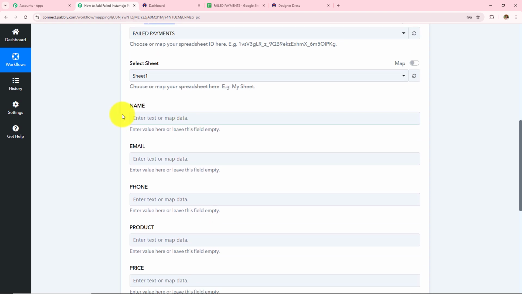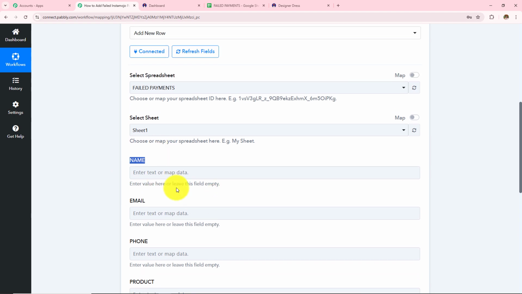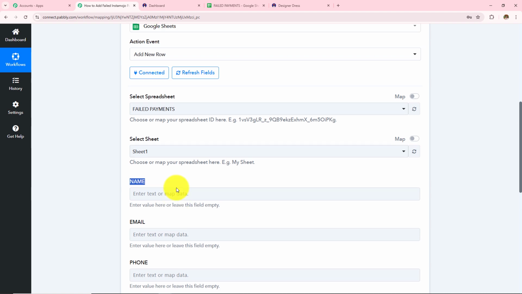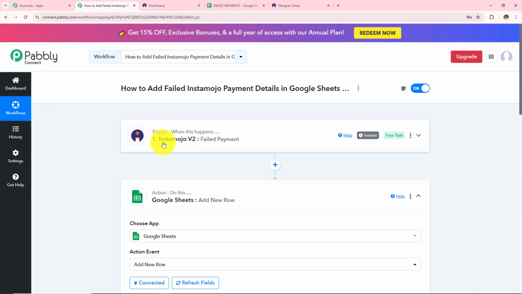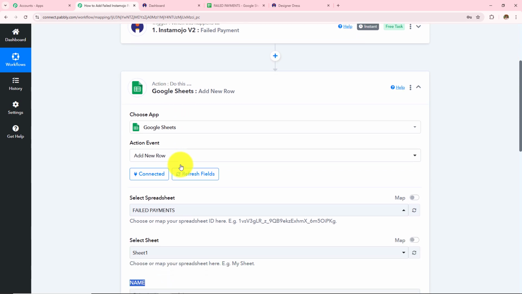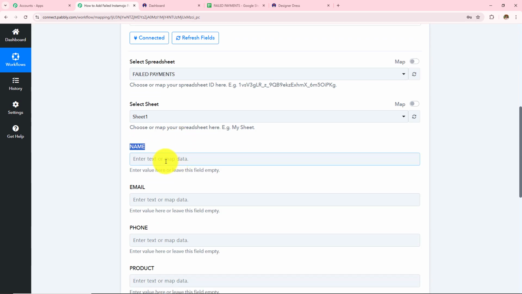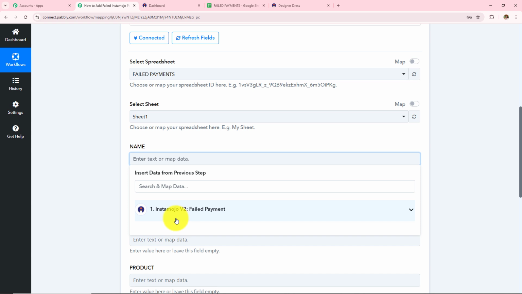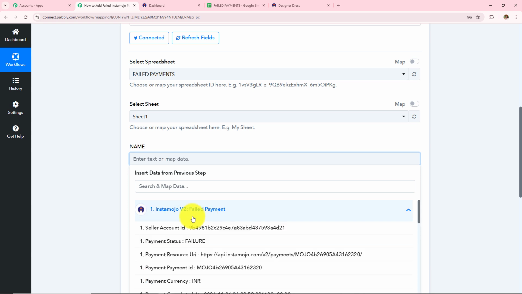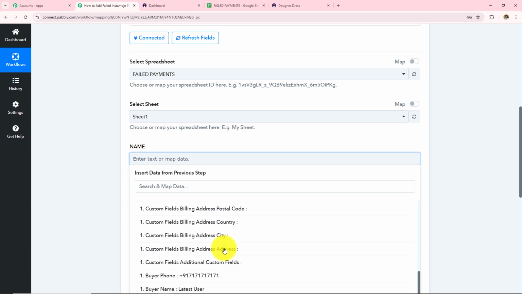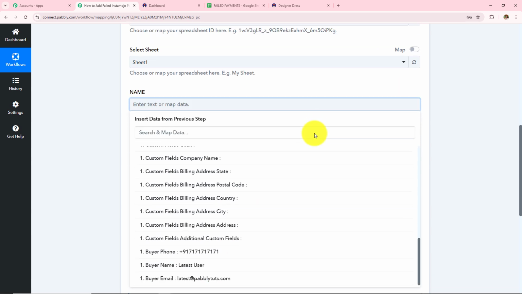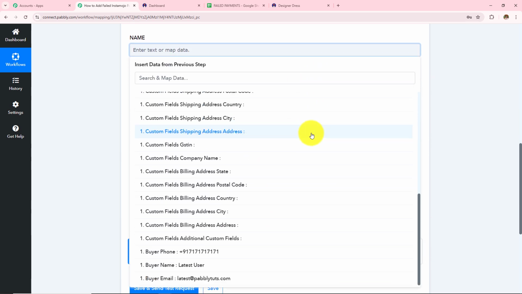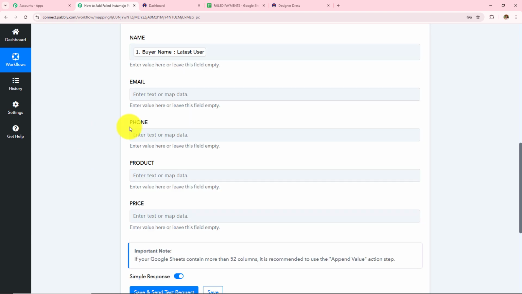So I have to enter these details, and the first one is name. To enter this, I am going to use a method called mapping instead of manually entering the details, which means I am going to enter data from my previous response. So here, as I've received the response in my Instamojo, and when I click on this name field, this will appear in front of me. And when I click on this, I can see all the response that I have received from my Instamojo failed payment. Now first I need to enter the name, and the name was latest user,